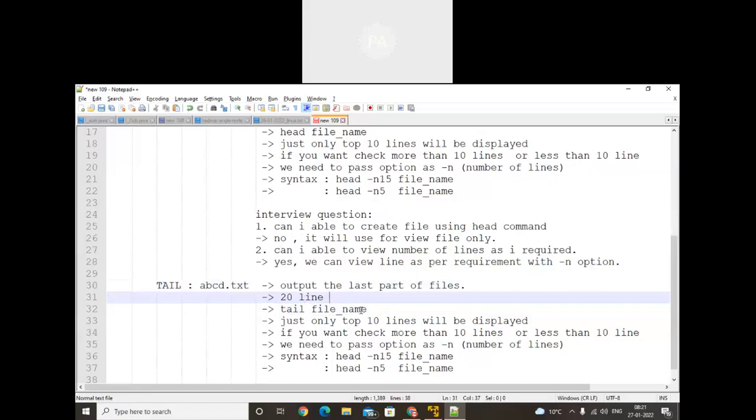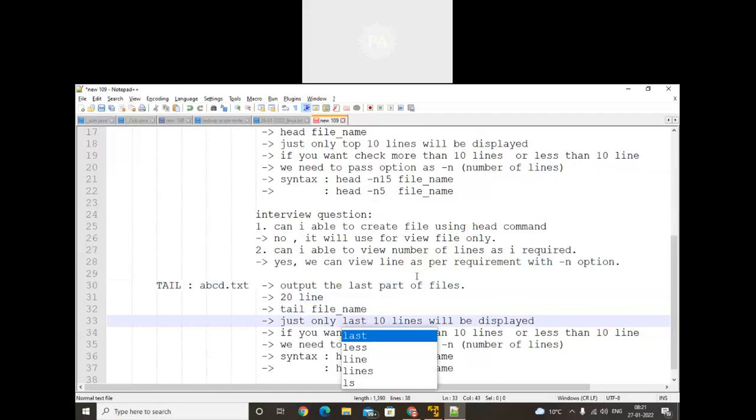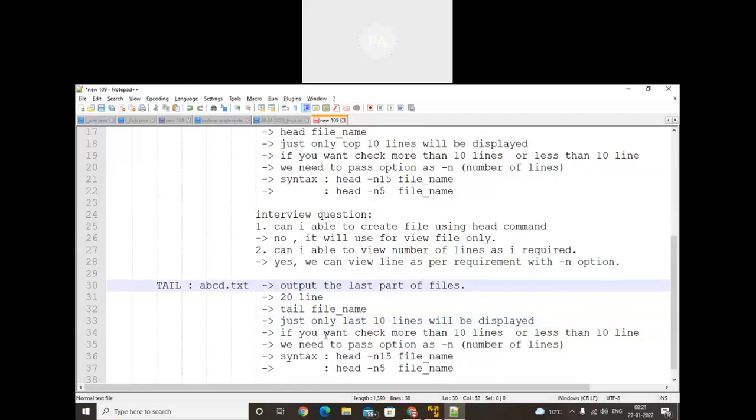Only the last 10 lines will be displayed. When we do not pass any option with the tail command, only the last 10 lines will be displayed. So if you want to check more than 10 lines or less than 10 lines, we need to pass hyphen options. Make a note of that. It will work for the last lines, not the reverse. The tail command also follows the top-down approach, but it prints only the last lines. So what will be the syntax? Just pass the